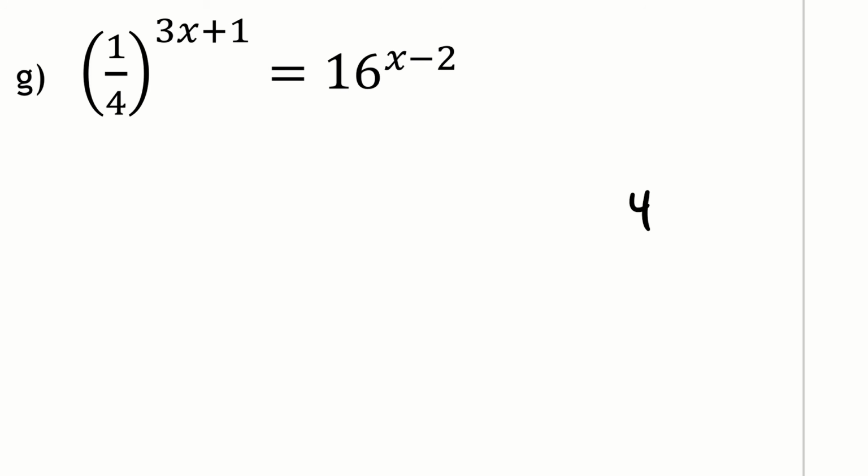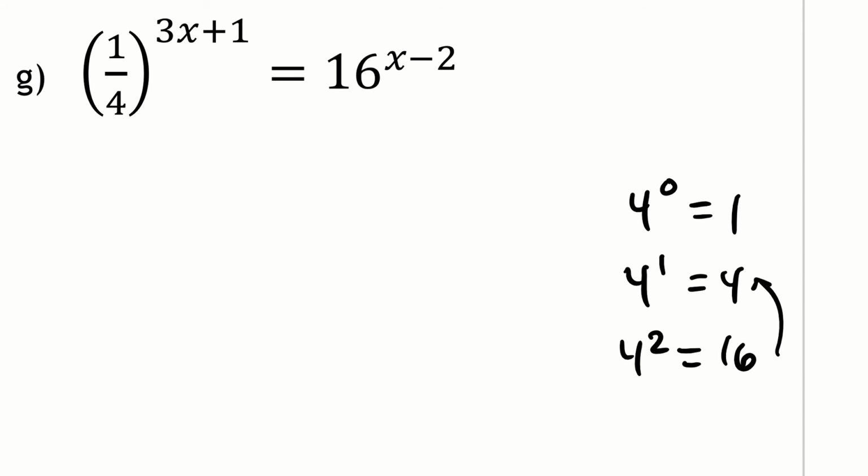So I'll just write as a reminder to myself, 4 to the 0 is 1, 4 to the first is 4, and 4 squared is 16. Going the other way and dividing by 4, 16 divided by 4 is 4, 4 divided by 4 is 1, 1 divided by 4 is 1/4, and that's what 4 to the negative 1 is. So those are the two that I want to use, right? I'm going to use this as a replacement for 1/4,